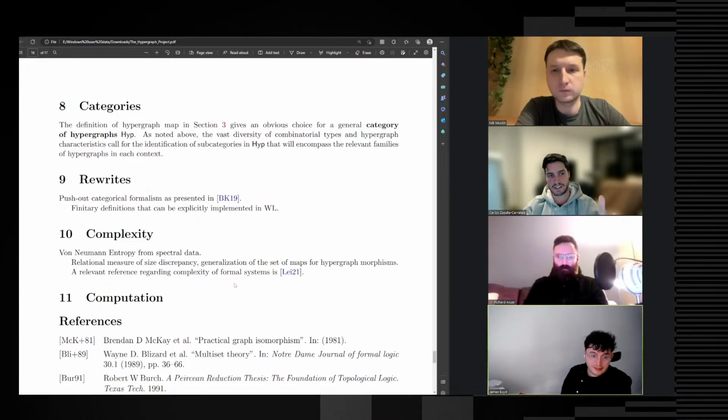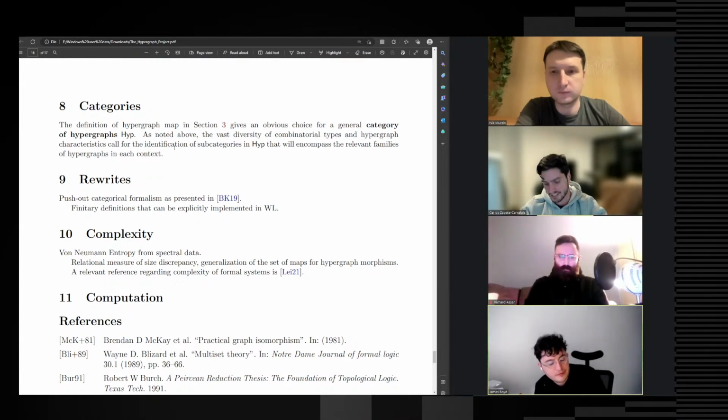Yeah. So when I mentioned categories here, it is this point of contact on identifying what categories we work on. It's not only a review section. It is a section where we identify the categories that we're working on implicitly. So when we define our morphisms for hypergraphs, our classes of hypergraphs, the types of hypergraphs that we want to focus on, and so on, these will hopefully be shown to be subcategories of some natural category of hypergraphs and things like that.